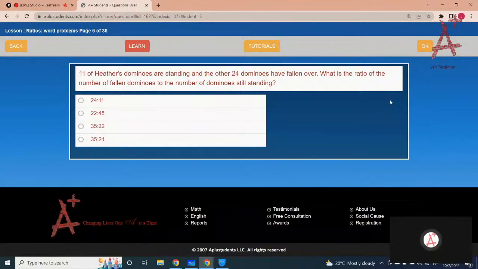So, the ratio of fallen to standing is 24 ratio 11. Very good. Select the correct option and click on the